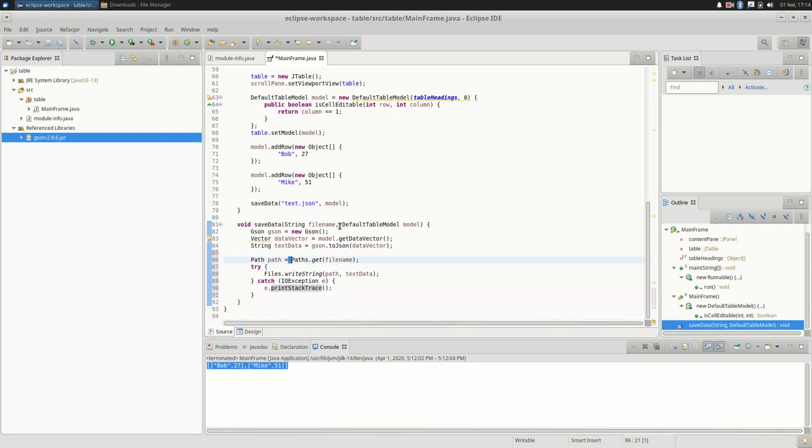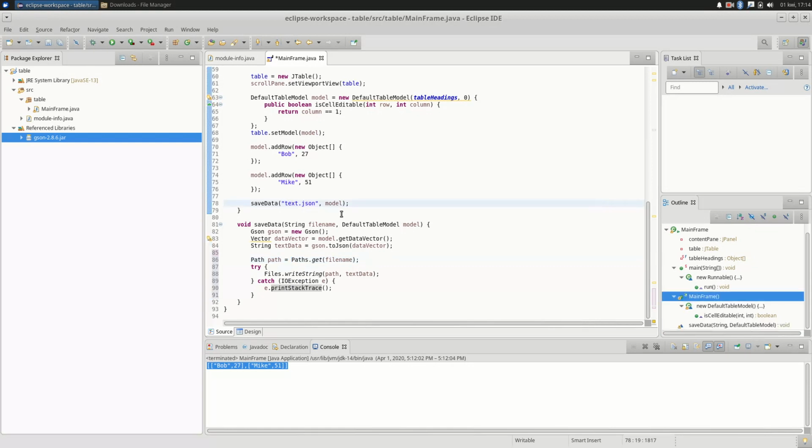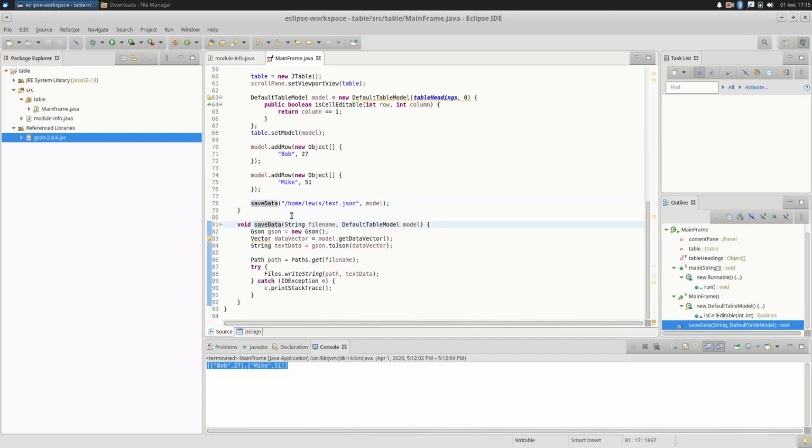Okay, so if I run this program now, it's going to save that data. Now just to make sure that it saves in exactly the place that I want to, I'm going to put my home folder location here. Okay, now you'll need to put a path which is suitable for your computer. If you're using Windows, then you won't be able to use that path, obviously, and you're going to need to pick a path in your own documents folder or something like that. Okay, so I run the program,